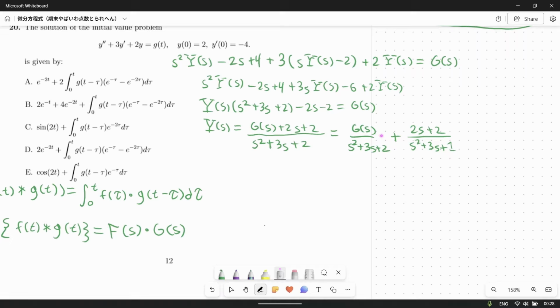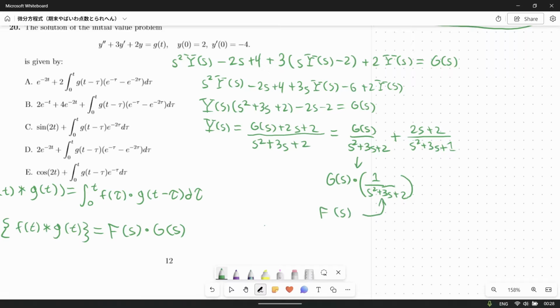So to do that, what you can do next is you can split this up into something that takes the form of just g of s times 1 over s squared plus 3s plus 2. And then we can take this split up term and call this our hypothetical f of s. So that's what I'll do, calling that f of s. And then from here, now you can see that we have the case of just f of s times g of s. And then we can take the inverse of that,